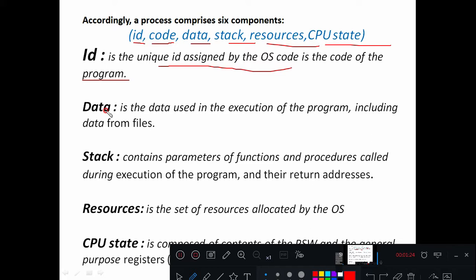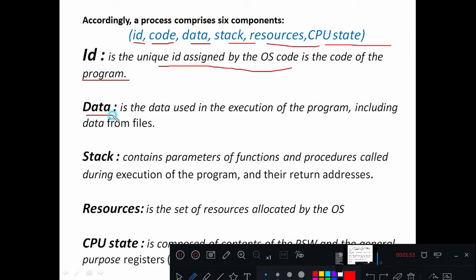With the help of this unique ID, the operating system will identify which process to be executed next, and once the execution is over, the operating system will come to know which process execution is over, and it will access the next process, and the CPU will be given to the next process.